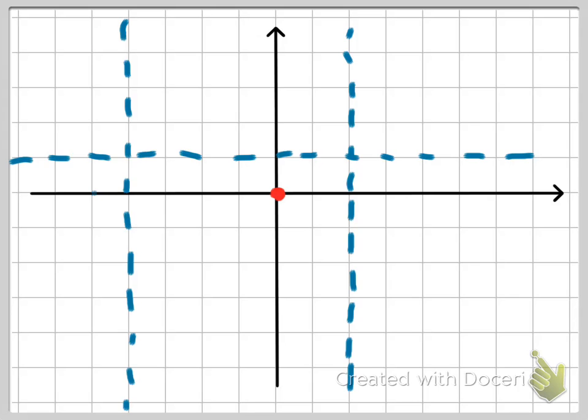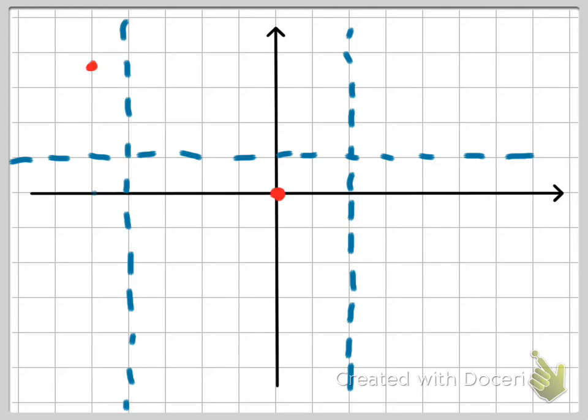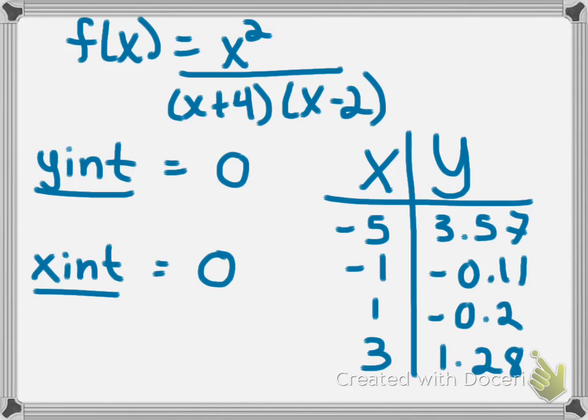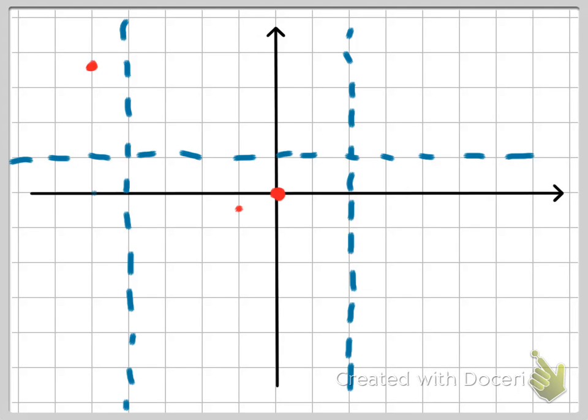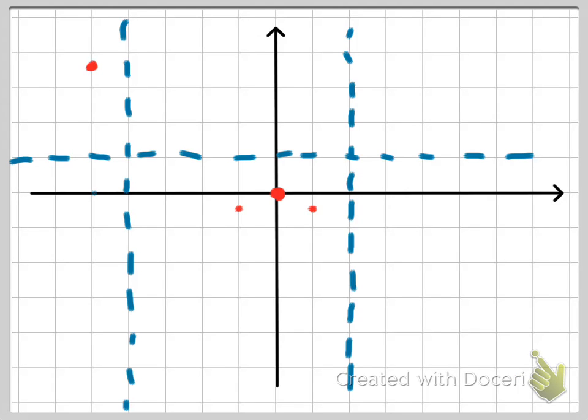Whoops, I did that wrong, sorry. -5, 3.57. Okay. And then I also had -1, -0.1. So not very much below that. Okay, and then I also got 1, -0.2. Also not very far down. Again, these are good estimates. And then 3, 1.28. So 3, 1.28. Alright, and then you can get an idea of how this is going to graph, because you can see